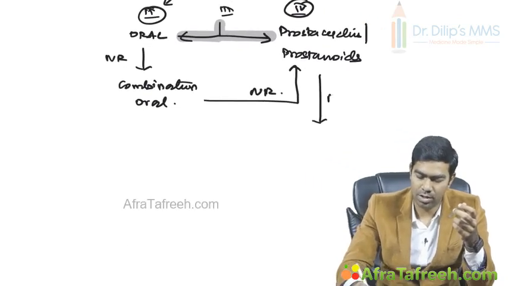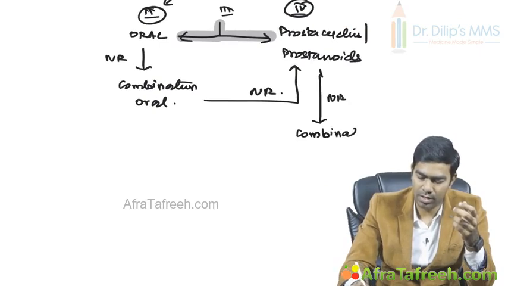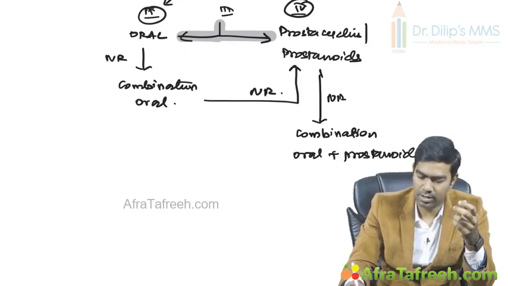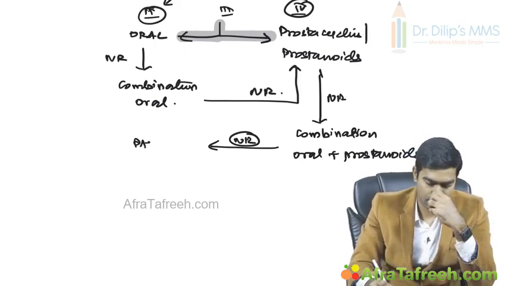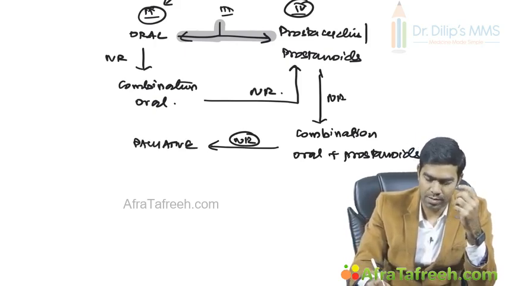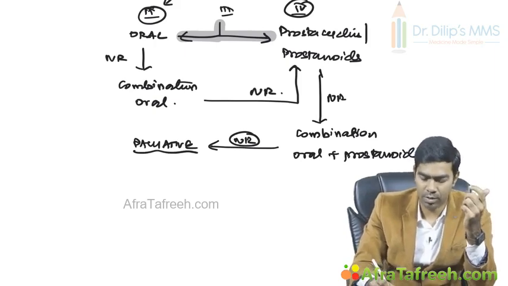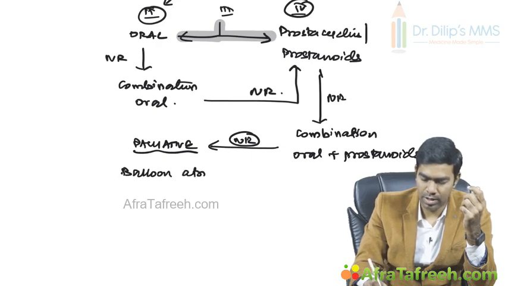If this is also not responding, then you can try combination of oral plus prostanoids or prostacyclins. If this is also not responding, then go for palliative care. Palliative treatment. The most important palliative treatment you are going to do is the balloon atrial septostomy. Balloon atrial septostomy. This is a very important palliative treatment